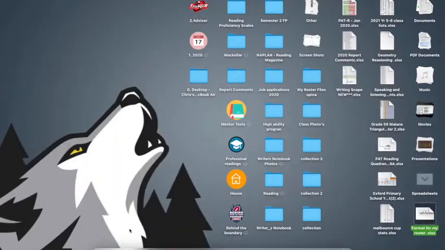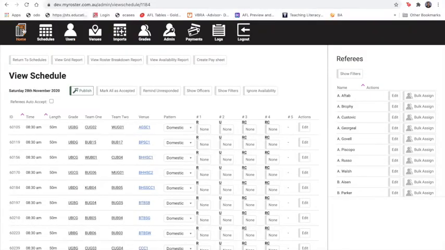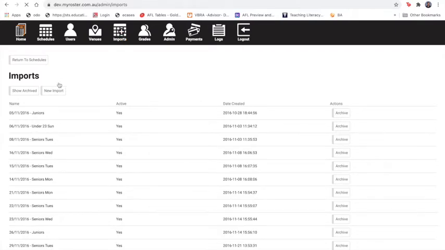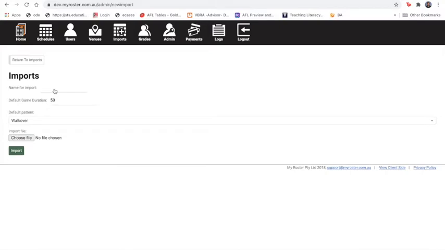Now I'm going to go to myroster.com. Okay, I'm going to go to our home screen. Once it loads, I'm going to go to import, which is through our admin side. Then I'm going to go to new import, name for import, which we called test season summer